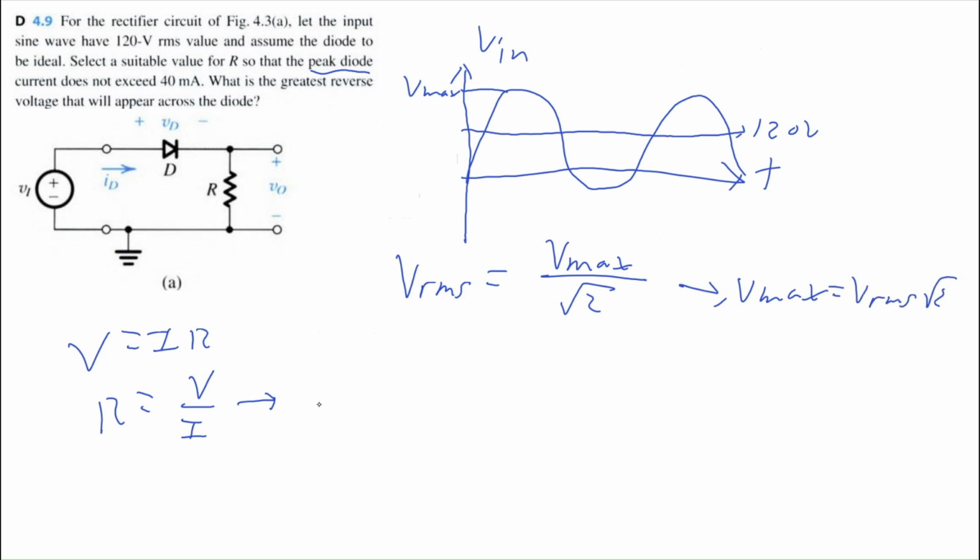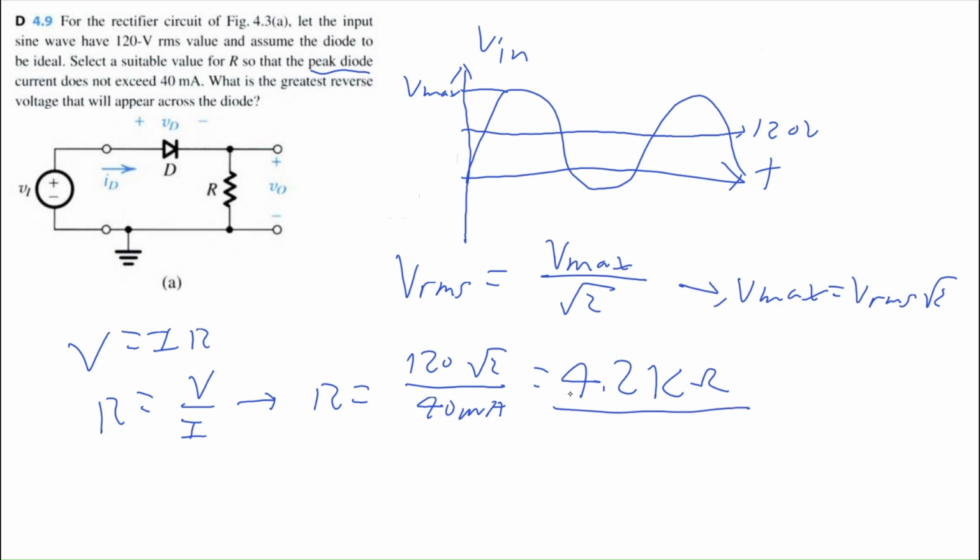VRMS times the square root of 2. So R will be equal to VRMS, 120 volts, multiplied by the square root of 2, divided by our peak diode current of 40 milliamps. And then let me get my calculator out. I get about 4.2 kilo ohms. So this is the smallest resistance that we would want in order to prevent the current from